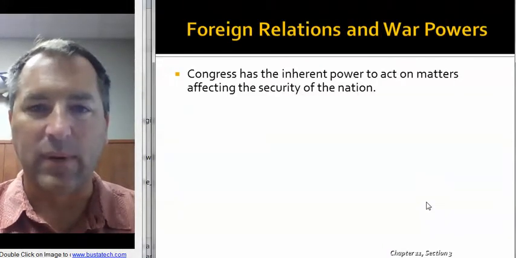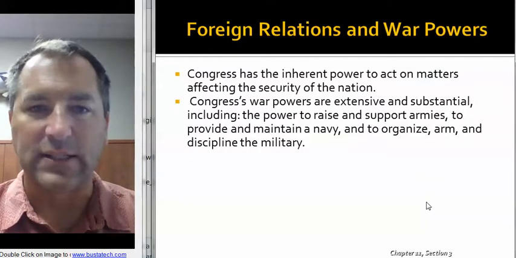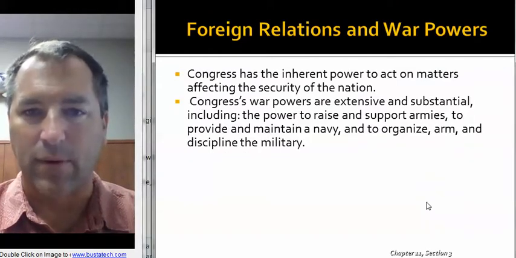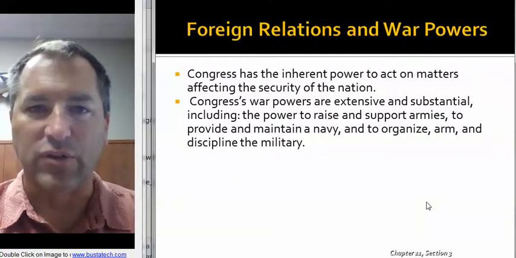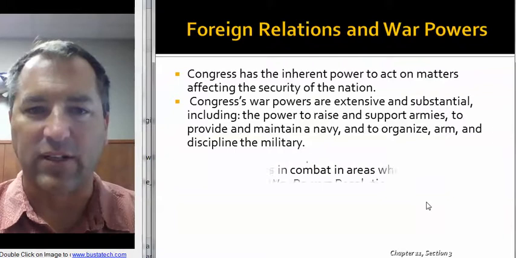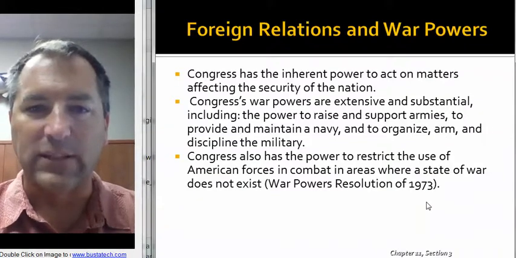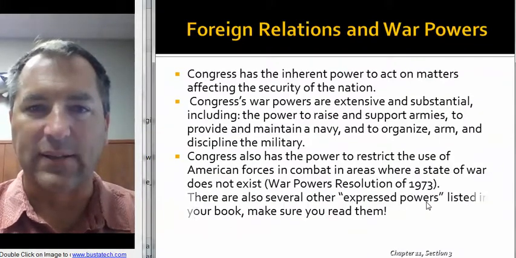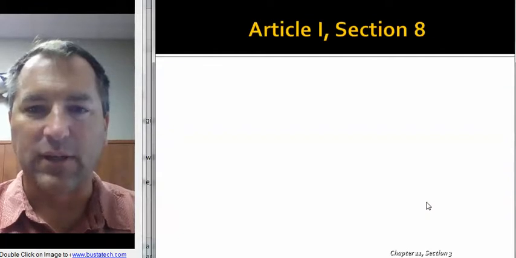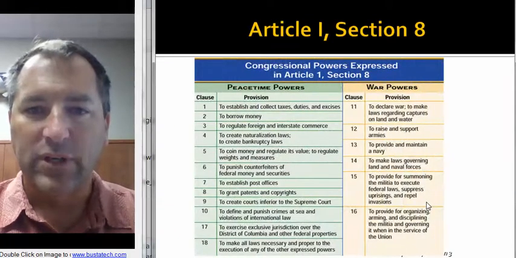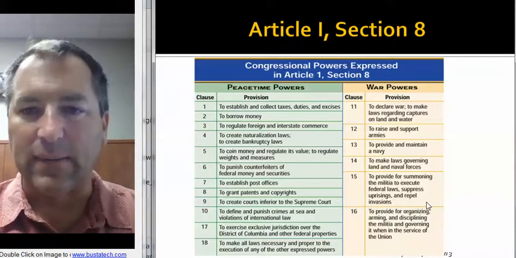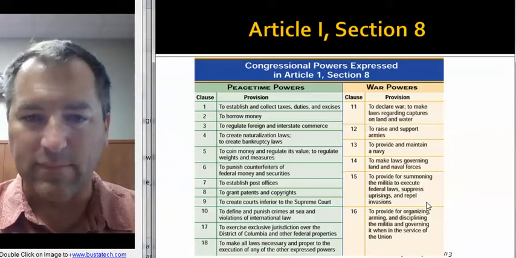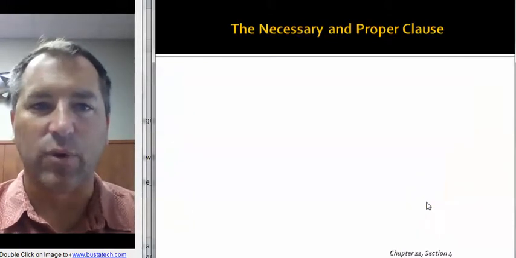If you look at your money in your pocket, it'll say it's set as legal tender by the Congress of America. Congress also has foreign relations power and war powers. You usually associate that with the executive branch, but Congress also can vote on the use of military and also on major treaties, which must be approved. So those are some of the express powers you could see here from your textbook. There's a few listed here, and peacetime powers, but there are many others that you should read about in your text.